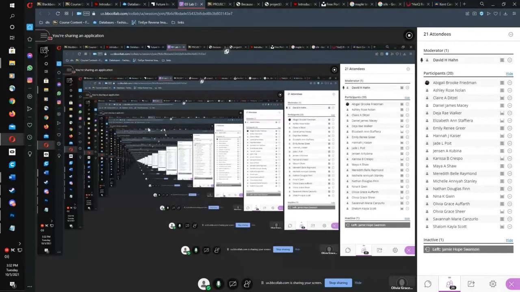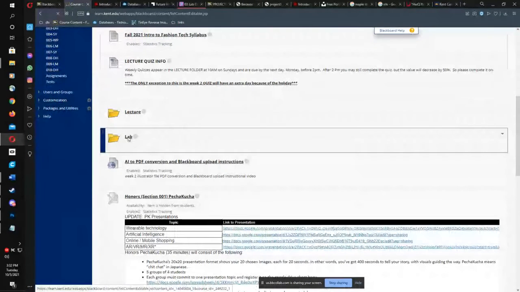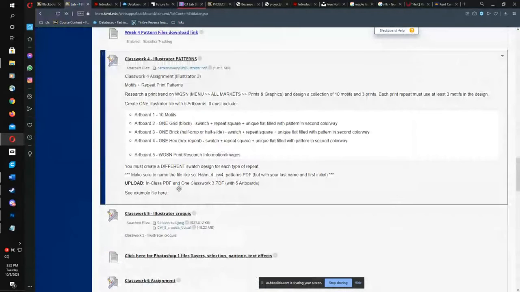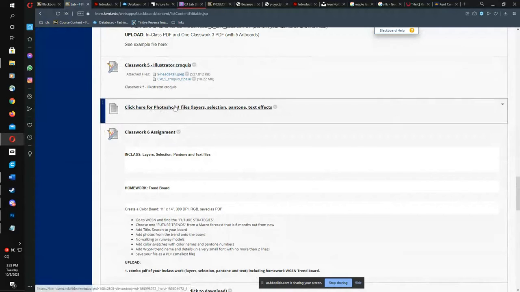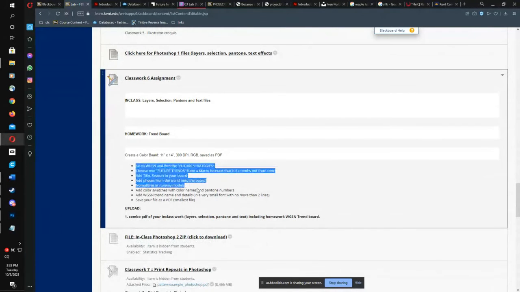We are going to do our Photoshop intro properly, and I'm going to talk about Project 3 and the classwork that we're going to be doing for today. So I'm going to open my lab folder, and we are going to download the week 6 Photoshop 1 files: layers, selection, Pantone, text effects. I'm going to work through these in class today, and then we're going to send you home with this homework, which is just kind of like a practice